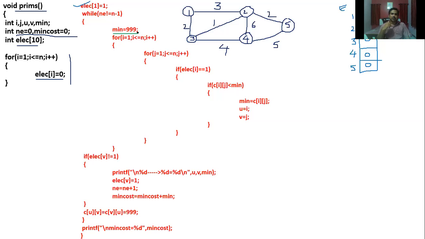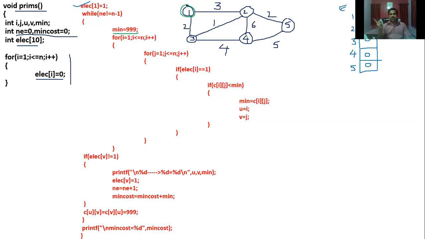What we are doing here is, I consider this vertex 1, it's something like marking, just like what we did in Dijkstra's algorithm. In Dijkstra's algorithm, I used to consider the source vertex because the source was the input there, but here in this case we consider it randomly. The source vertex I used to mark as visited there. Here in this case I consider a different label called elect,